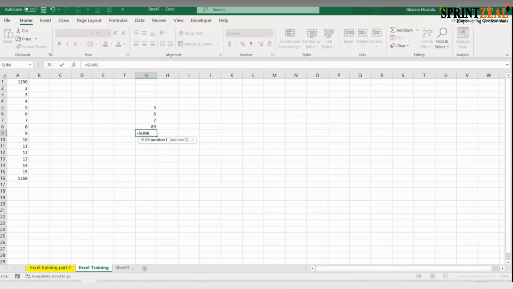Then select G5, shift, to G8. And to select all these numbers, I will press shift on my keyboard, then press down. Now you can see the whole range has been selected. Then press enter, and automatically you will see your desired answer.